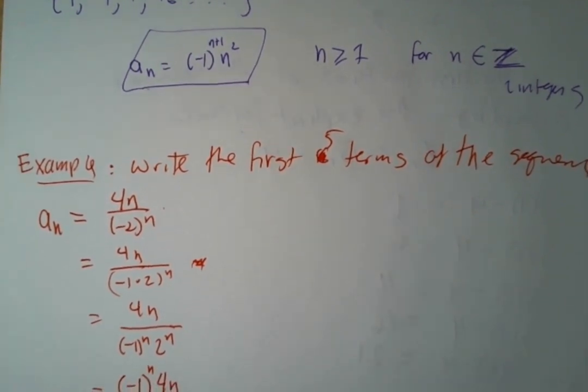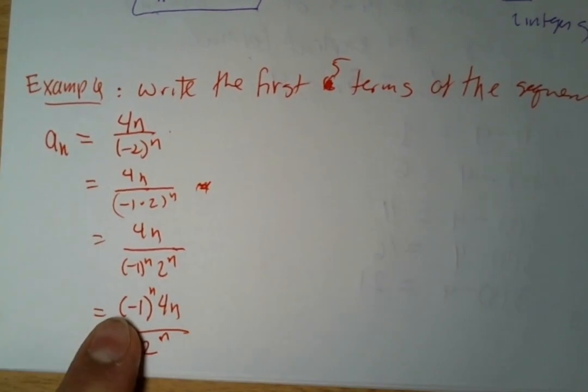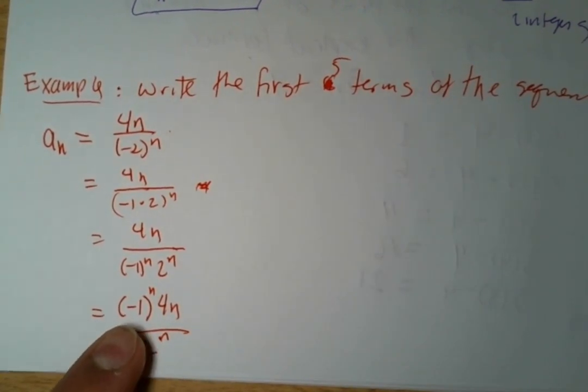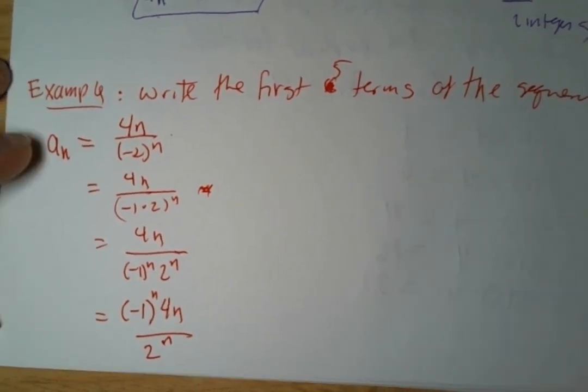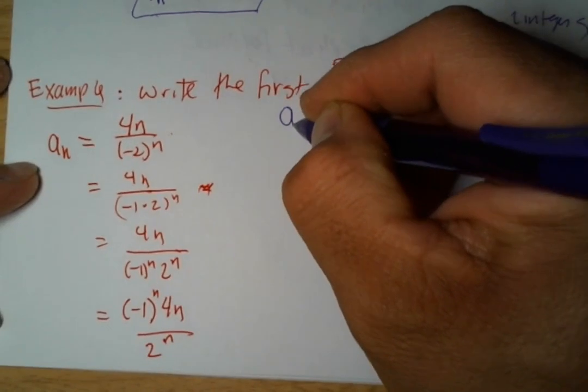All right, and here I want to write it like this just to keep with the same kind of format where I have the alternating part, right? That negative 1 to the n or n plus 1, whatever it might be. You can think of that as my alternating part, right? That's what makes it change signs. And then the other part is just the other part of the sequence, the one that gives me the value of the number. All right, so if I want to find the first 5 terms, again, start off counting from